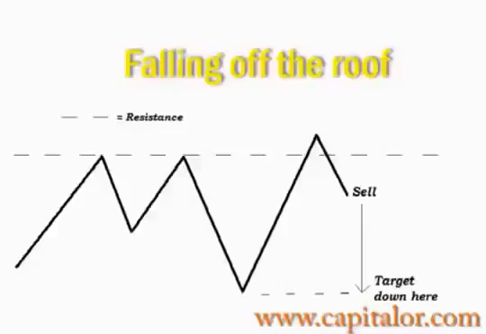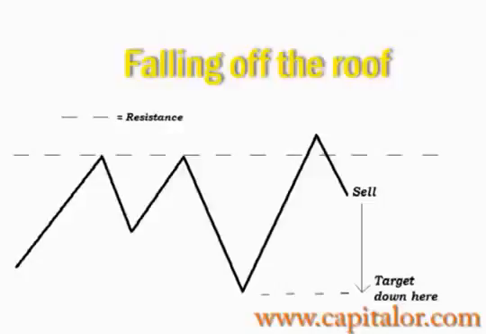Falling off the roof. The phenomenon of the pattern known as falling off the roof could be described as: if price gets above resistance but fails to hold a new high, it is going down again. In the image I am showing you, where it says sell, that is the point where you have to sell, and where it says target down here, that is the point